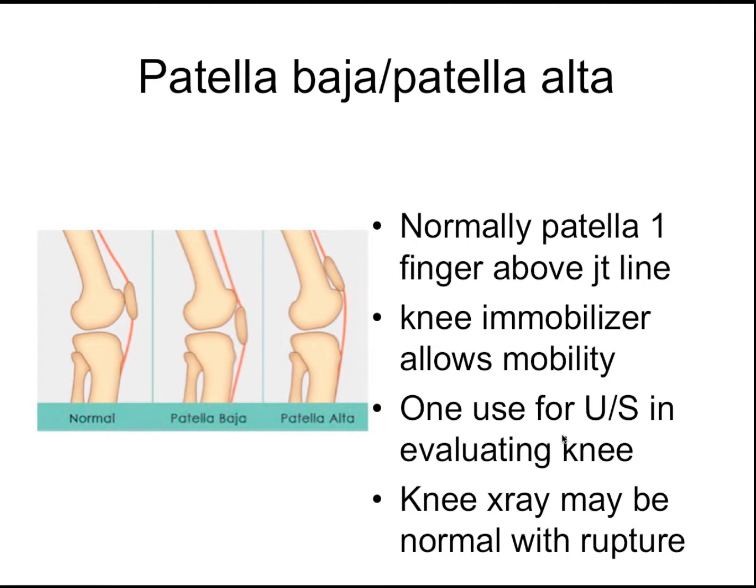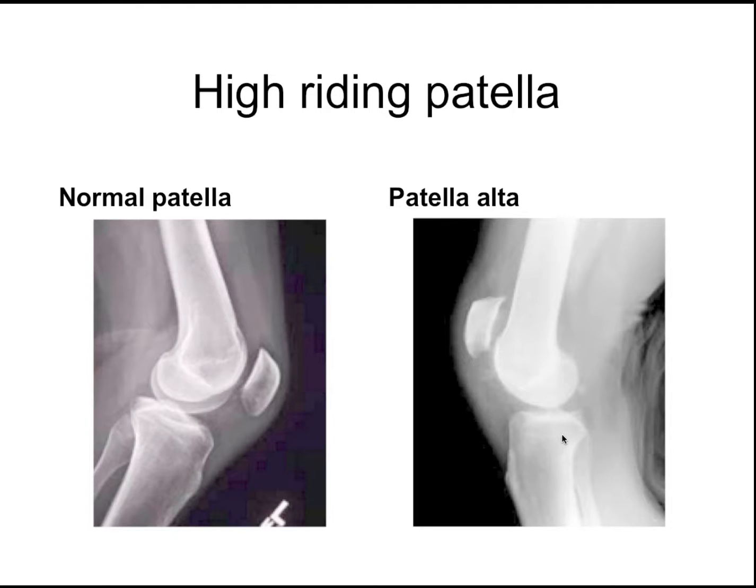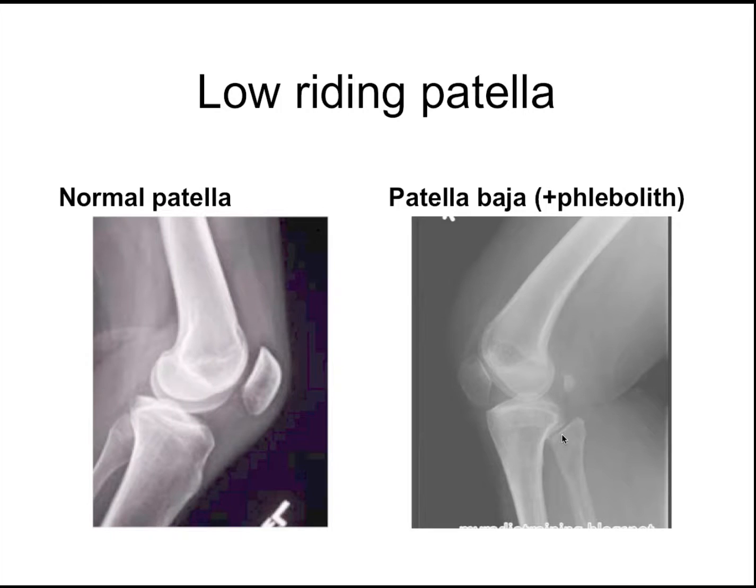Okay, and then you can look at these x-rays. There's a classic patella alta, patella baja, but you may not see it on the x-ray, so don't rely on this. But here they're actually pointing out, you can feel a divot here, and here, you have the normal patella on the right, you have the high-riding patella, which is unlike the high-riding prostate,